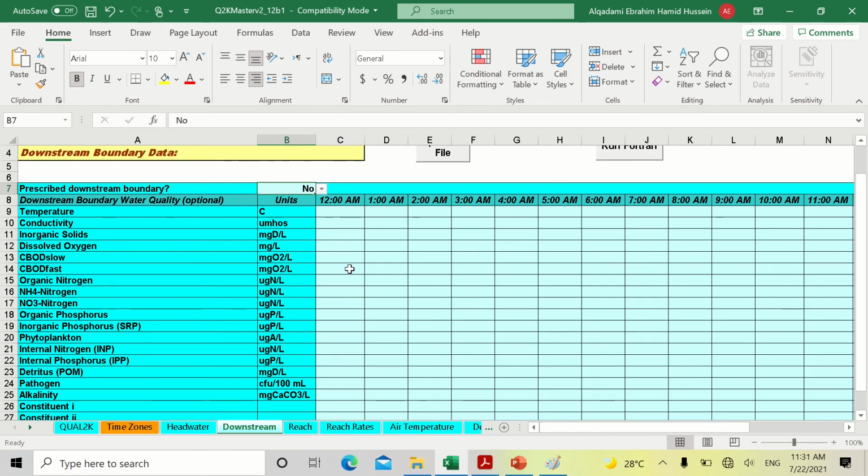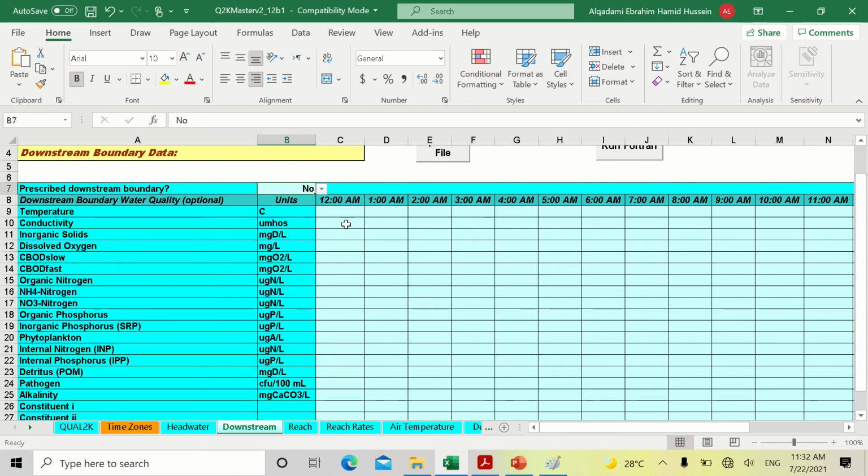This case happens when the downstream has an effect on the water quality parameters of the river. In case the downstream has no effect on the water quality inside the river, we just choose no here from the drop-down menu, and we don't need to insert anything in the downstream